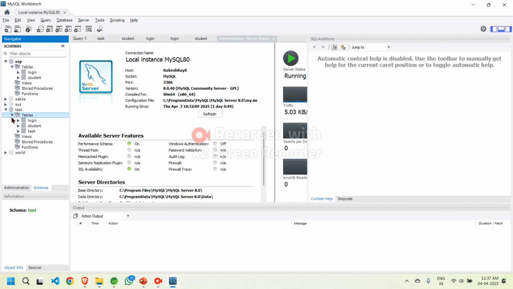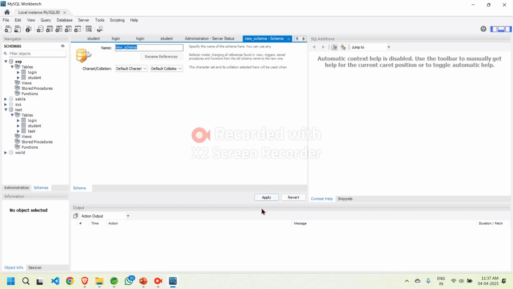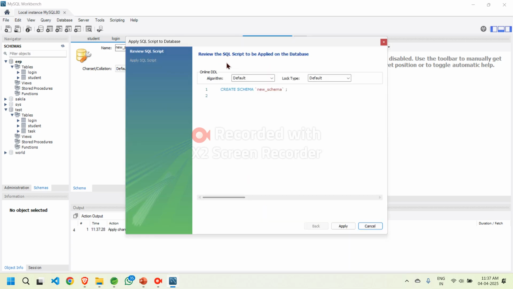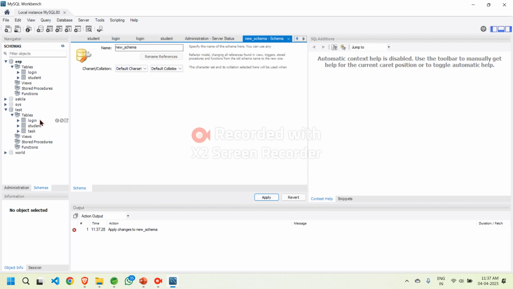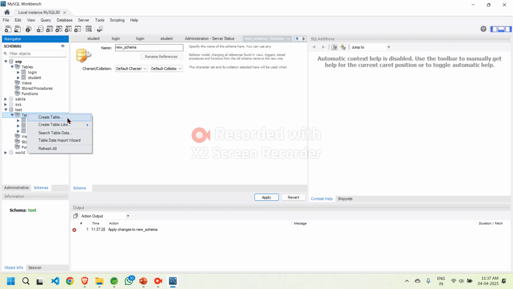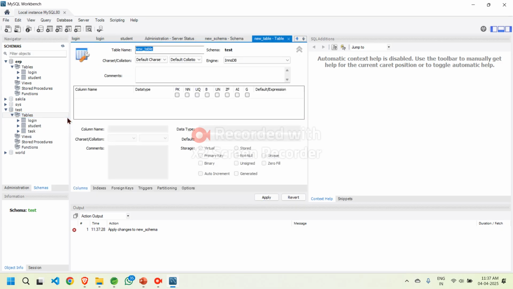Or if you want, you can create your own schema also. Choice is yours. Most of the time, whenever you are doing your project, best practice is to create your own schema. How to create your own schema? Right click, create schema. Simple. If you are using the terminal, then you write this code: create schema, schema name. Got the point? I am not creating an extra schema, I am using test. In the table section, there is the option create table. What table am I using? I am using